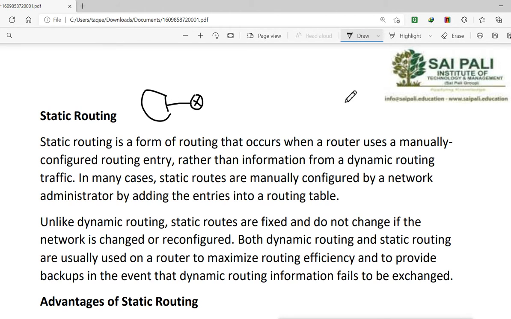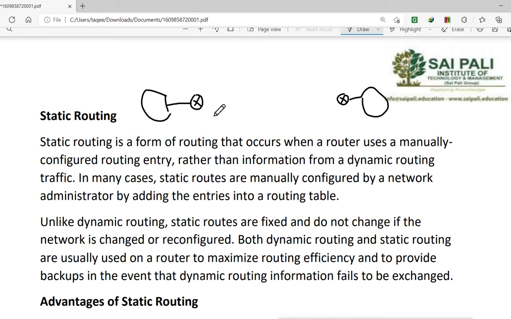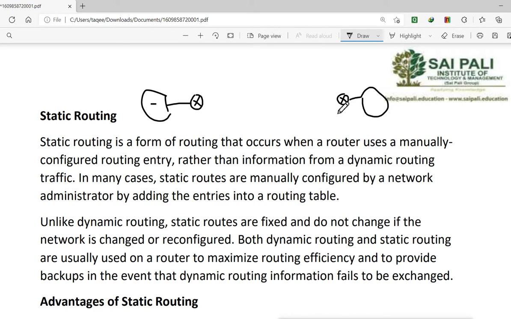Then there is another router on the other side, connected to that site's network. Now we want to go from this network to that network. Sometimes we may have multiple paths. Suppose we have one path with two routers, where we go first to this router, then to this router, then to this router.